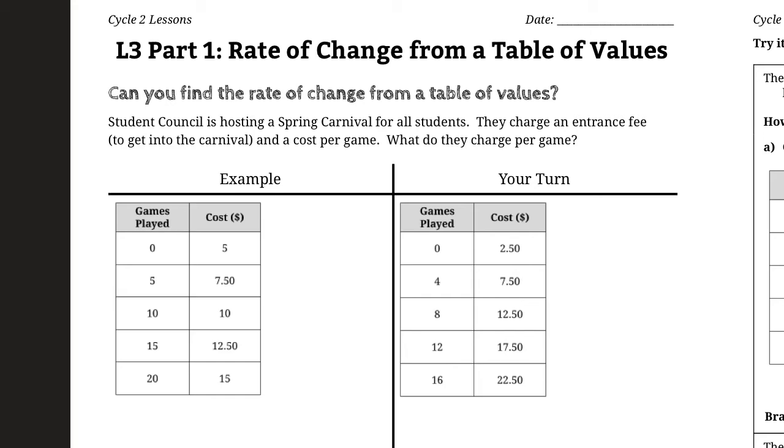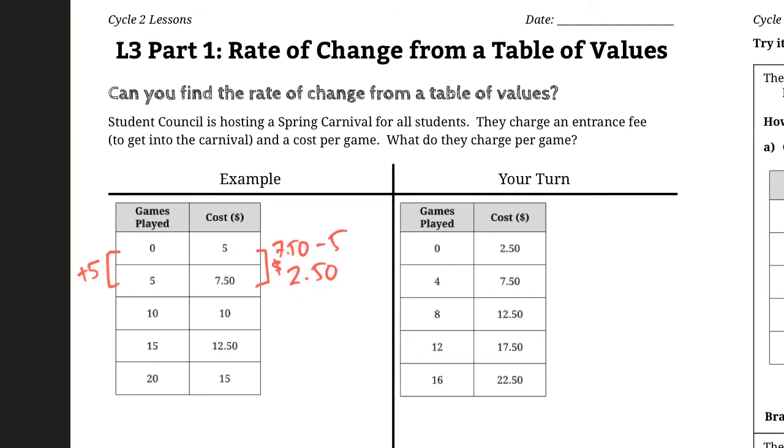Let's look at how much the price goes up by for 5 games. So here we see right away that to go from here to here, we played 5 more games. So we added 5 to that. What did we do over here to get from $5 to $7.50? How much more did we pay for those 5 games? The way we can do that is the bottom minus the top. So we just do $7.50 minus 5, which gives us $2.50. So what that tells us is that those 5 games that we played cost us an additional $2.50